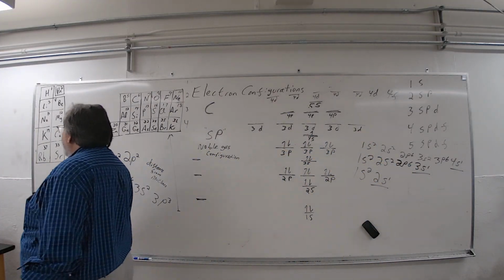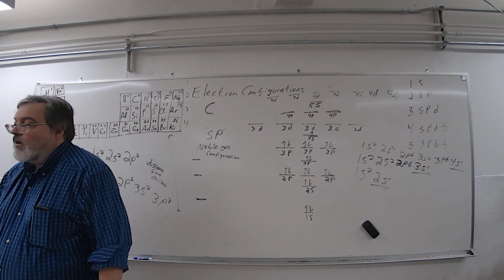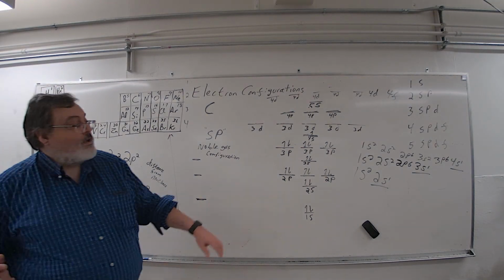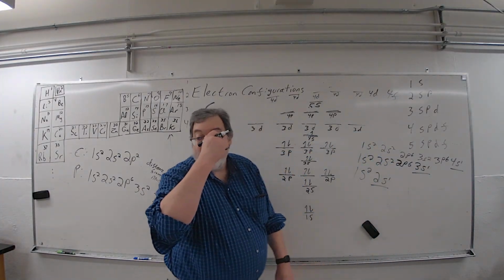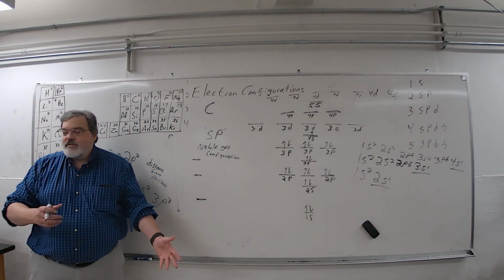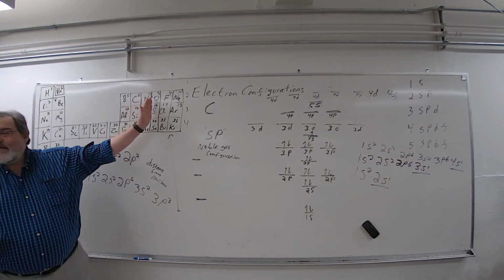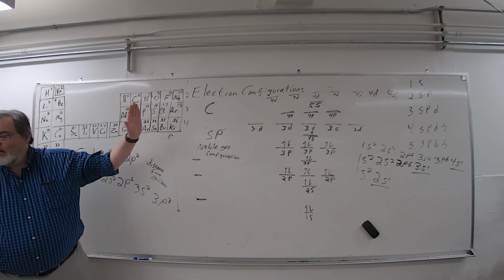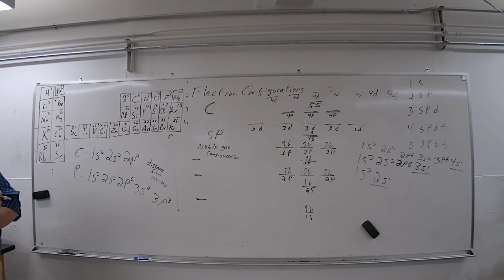But it turns out these all have similar properties, meaning if they're charged, they'll be charged +1 because they will all lose that one electron. That's one of the reasons they have the same properties. And same for these, they have the same properties because of the electrons. Okay, having said that,